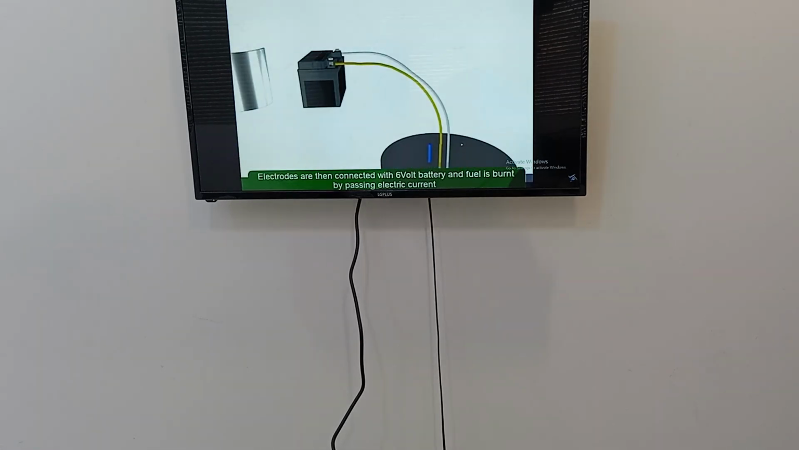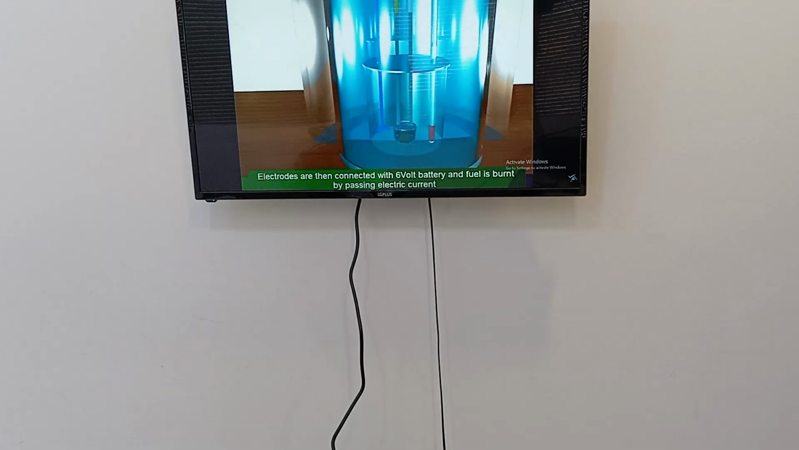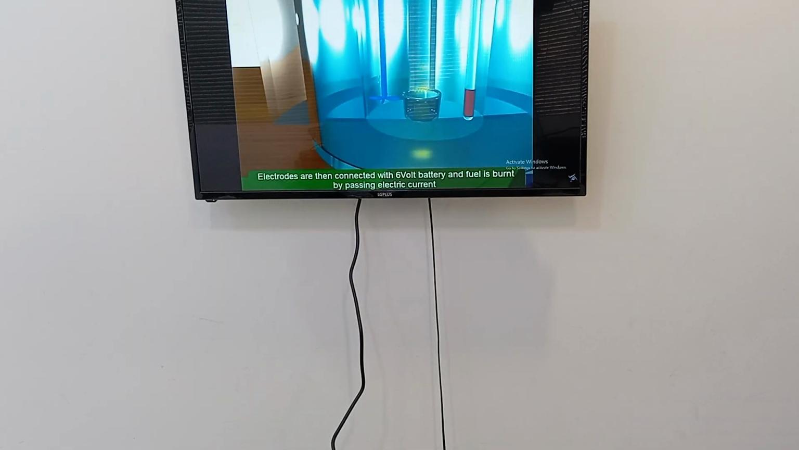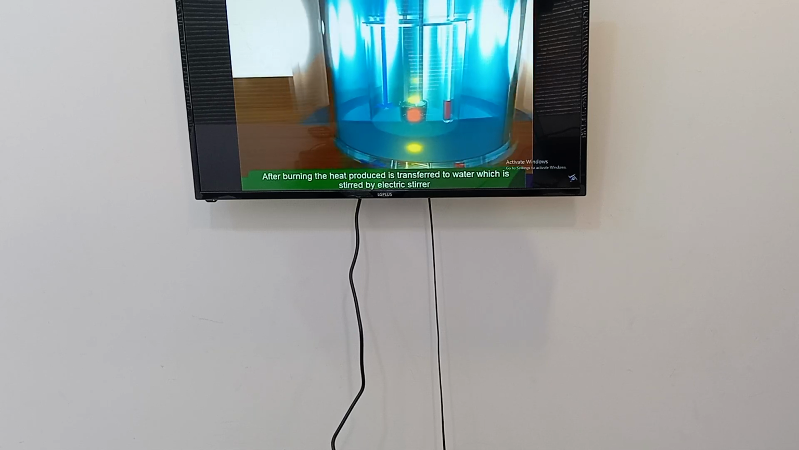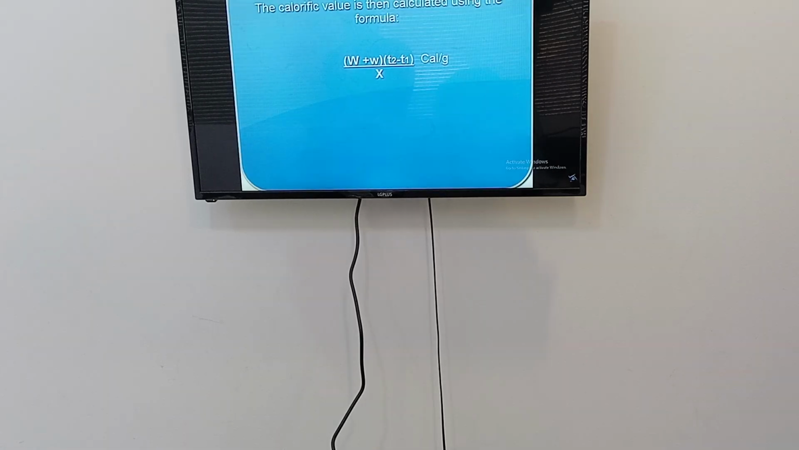Electrodes are then connected with a 6-volt battery and the fuel is burnt by passing electric current. After burning, the heat produced is transferred to the water, which is stirred by an electric stirrer. The rise in temperature is noted again by Beckmann's thermometer, that is T2 degrees Celsius. The calorific value is then calculated using the formula